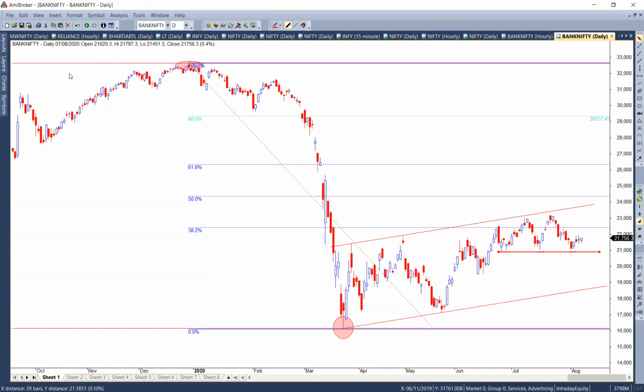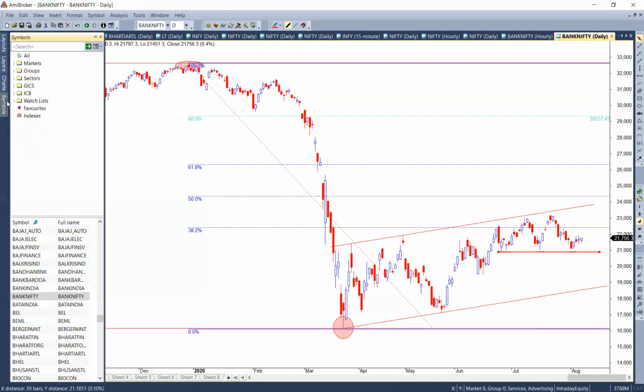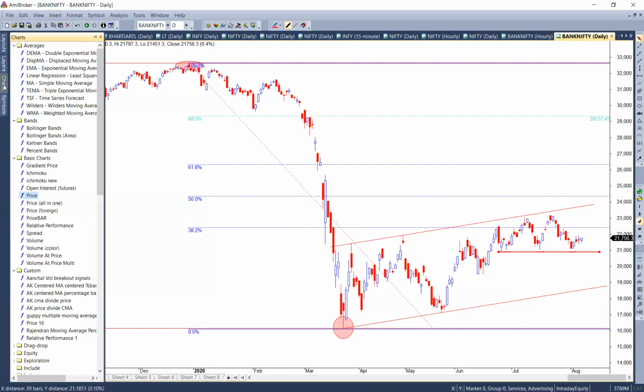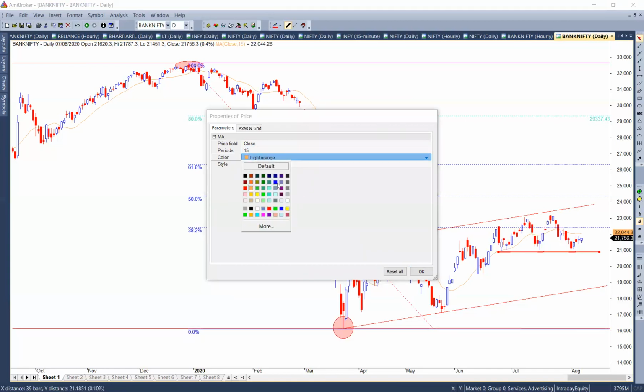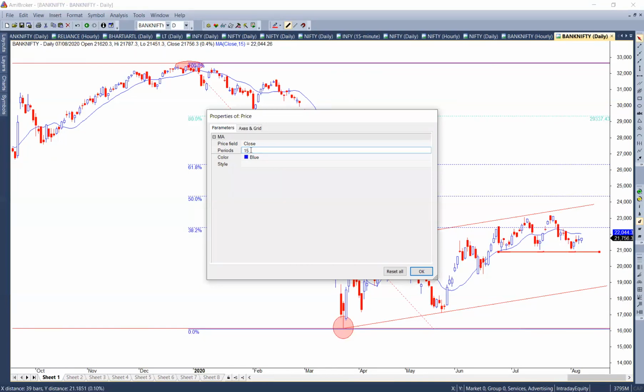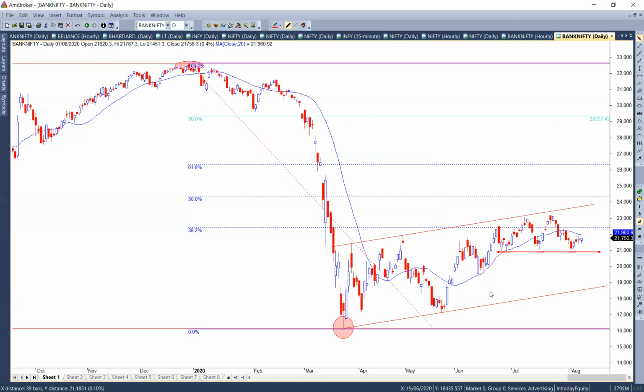Now let me introduce a moving average, a simple moving average. I'll go to chart. I'll go to a simple moving average. If you can see the screen, simple moving average. Simply click on it, drag it on the right side. Drag and drop. That's how easy it functions. I can change the color from here to blue. I can change the average to any value that I want, 20 or anything. So say for example, I am right now putting a 20 moving average.